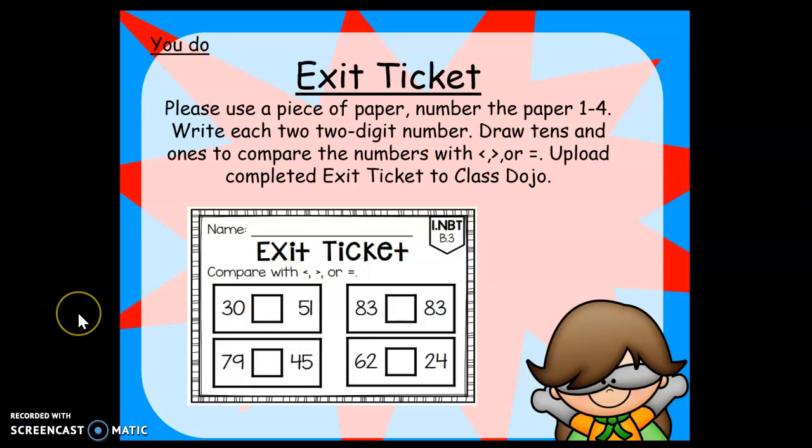So guys, here's your exit ticket. Please use a sheet of paper, number the paper 1 through 4, and write each 2-digit